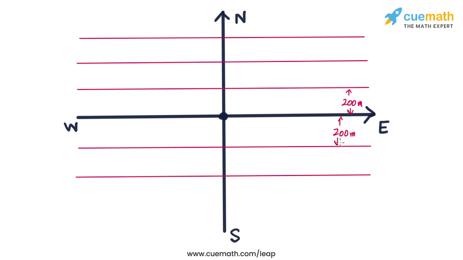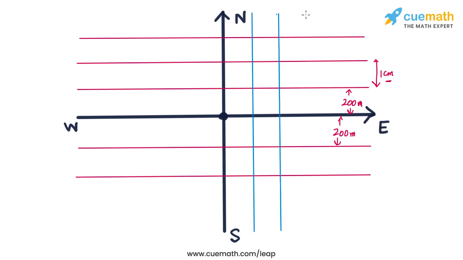So all the adjacent streets are 200 meters apart, and on our notebook the scale should be that this distance is 1 centimeter, and 1 centimeter basically represents 200 meters. Similarly, there are about 5 streets in the north-south direction. So let's draw those streets now. So here's one, then this is 2, then we have 3, and then let's take 2 on this side.